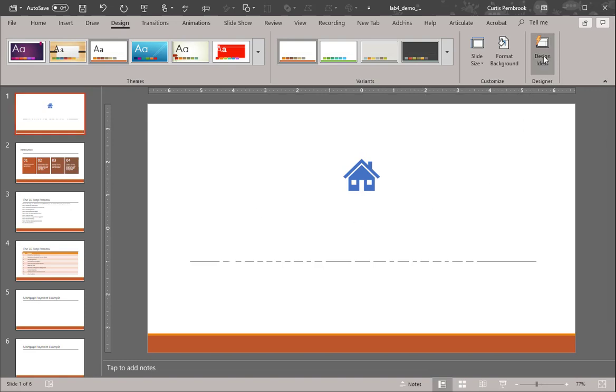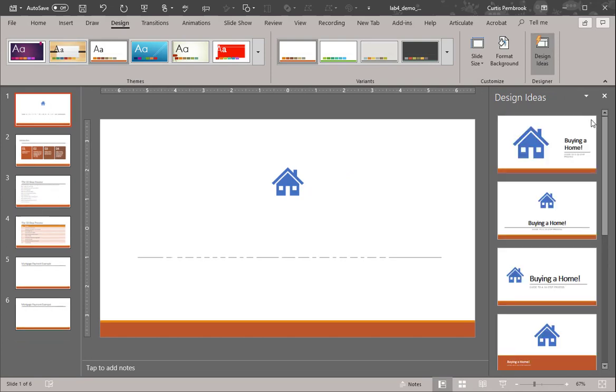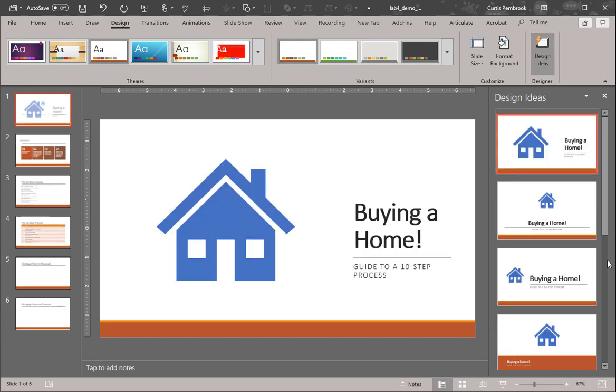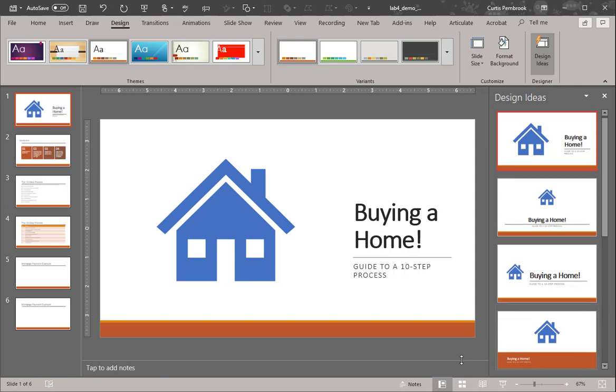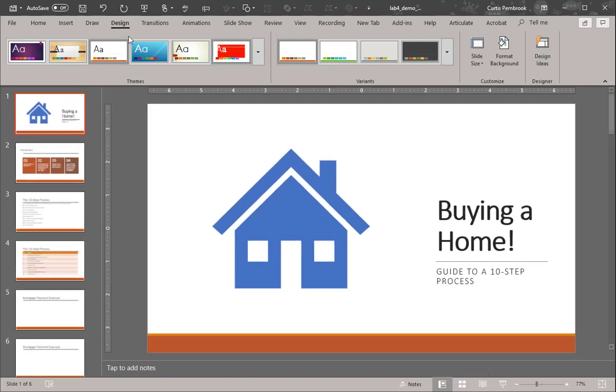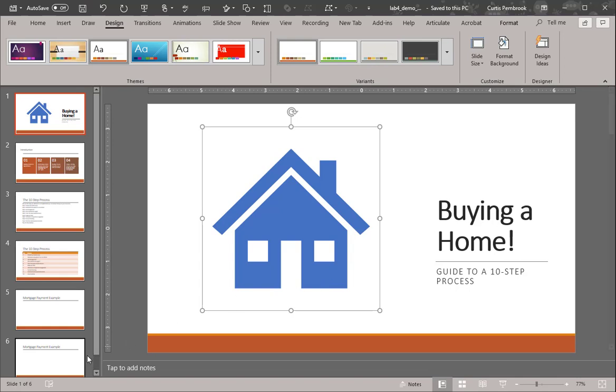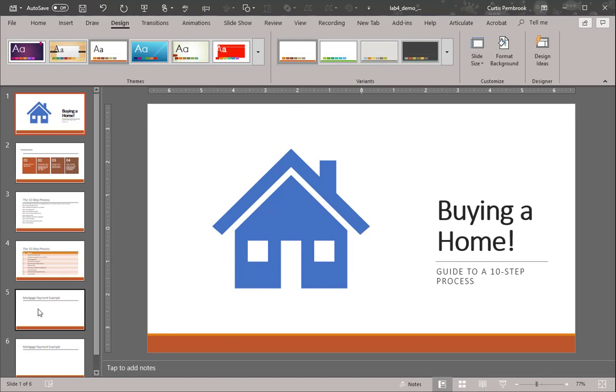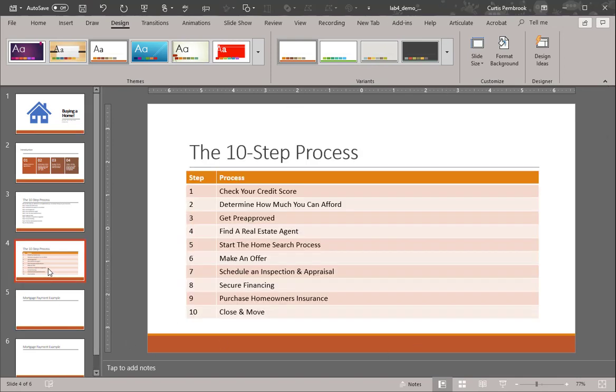And so what I'll do for slide 1 is go back to design ideas and select this. And I kind of like this, and this works fine in terms of the layout. And I'll leave it as it is and close it and then save my work. It's really important that your presentation have a cohesive look and feel. So now I'm back to slide 4, and